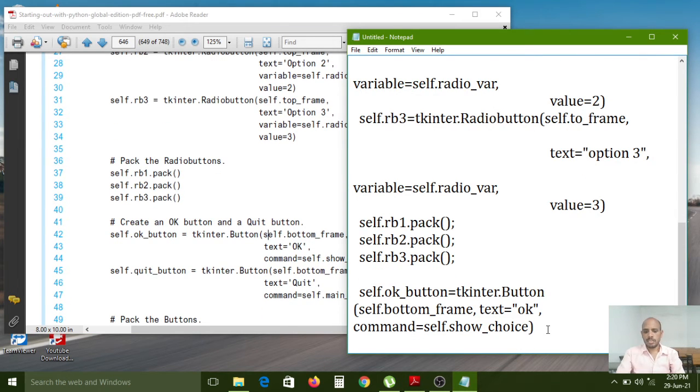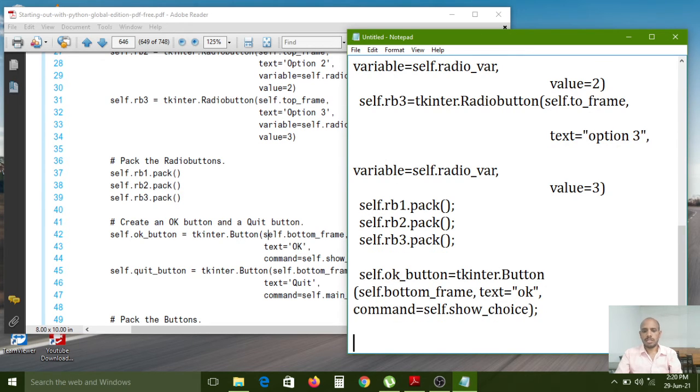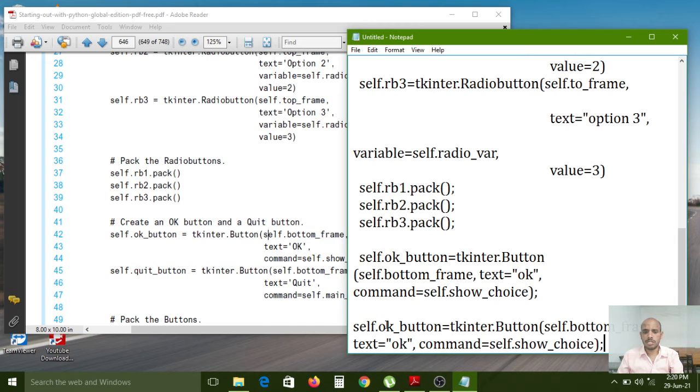Again here I have created the OK button. Now I want to create the quit button also. So here instead of OK, QUIT we have to use.